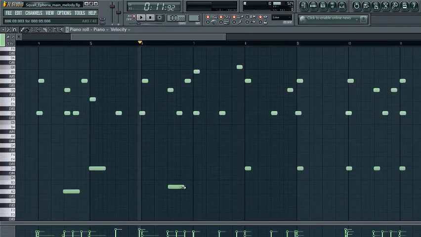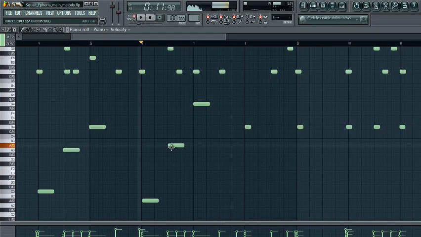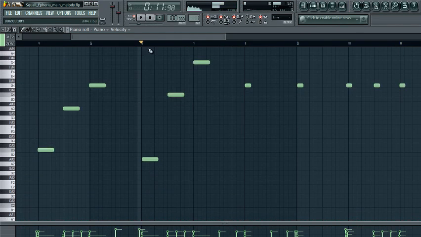It's just that I'm trying to find the right notes to put because this can be good, but here you go. This note should not be there. So we have